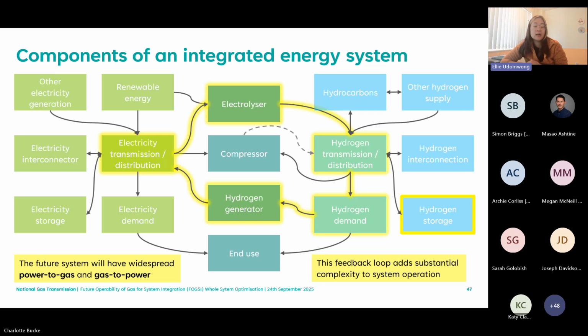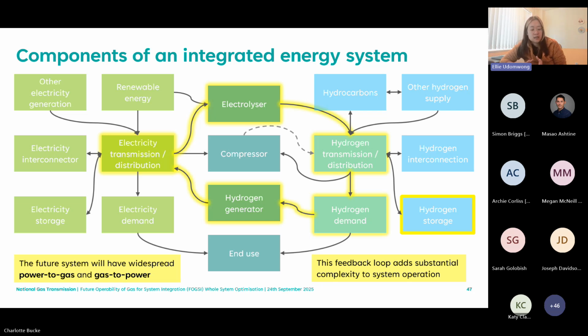Yes, so let's look at the components of the integrated energy system that we are looking at in this project. As you can see, there are quite a lot of pieces of the jigsaw being put together in the hydrogen ecosystem. But what we are focusing on in the alpha phase is the yellow highlighted box shown in the slide. We are currently prioritizing the future system that includes renewable energy sources, electricity transmission and distribution, electrolyzer, compressor, hydrogen developer, and on down across the hydrogen infrastructure itself.